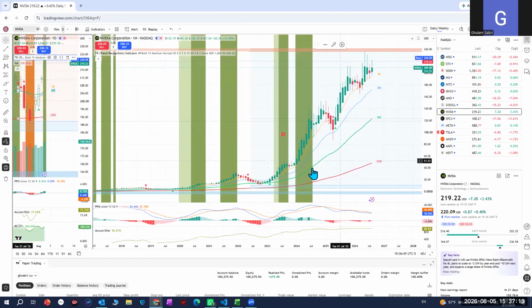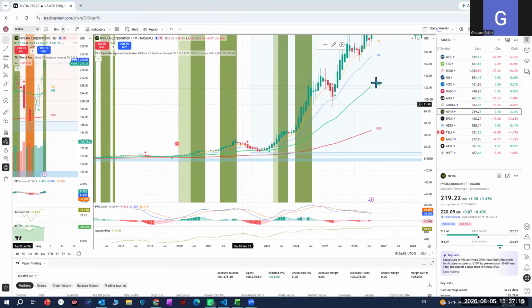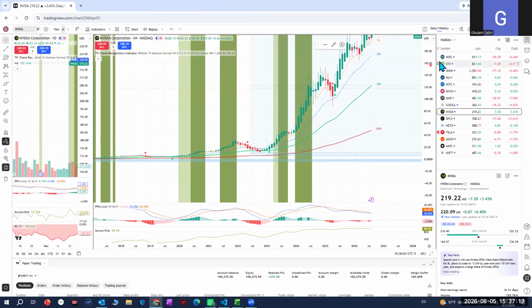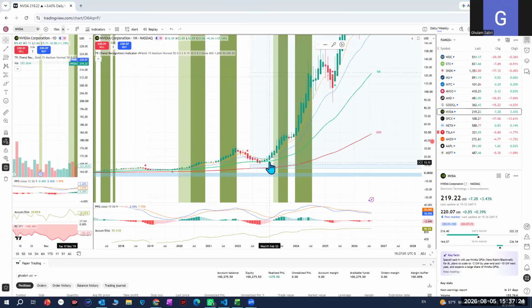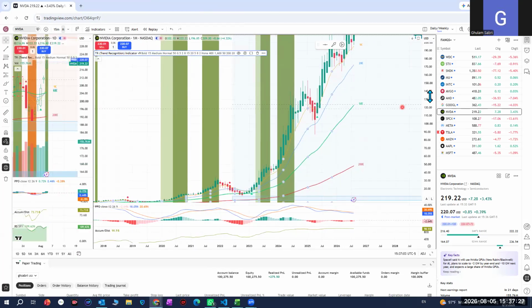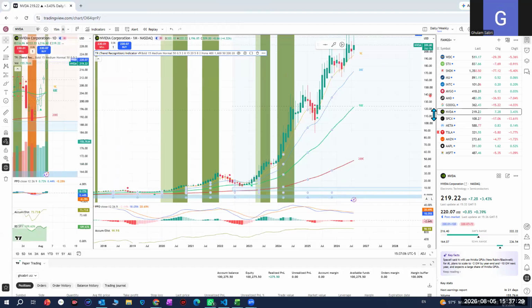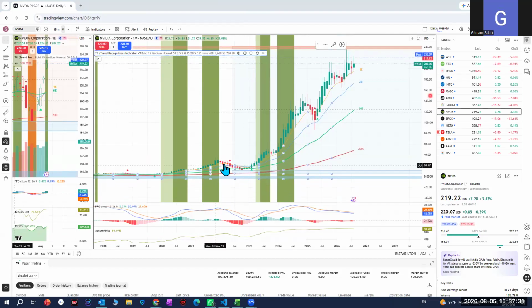Going back to my earlier description, this is a monthly chart for NVIDIA. What do you see? Have you ever seen NVIDIA coming down below this blue line and staying there for the last 6 or 7 years? No, not even to the green line. This is a characteristic of a long-term stock. Even if they come down, this is always a temporary phase. Why? Because their fundamentals are always on their side. Their earnings growth, their revenue growth, their business is always on their side, which attracts more and more investors as the price or